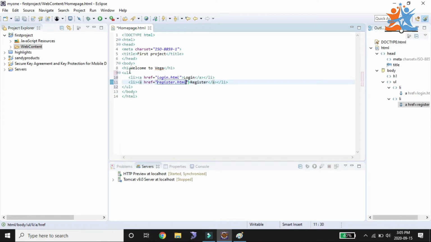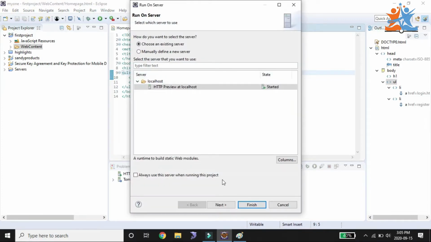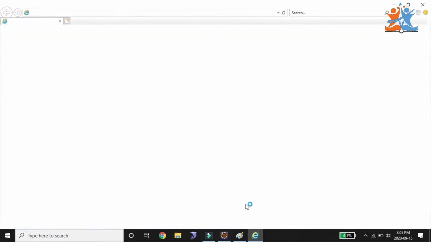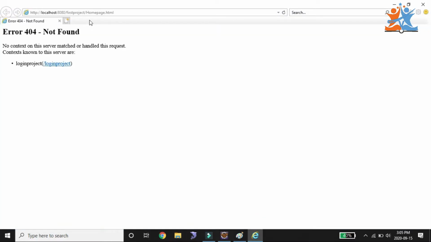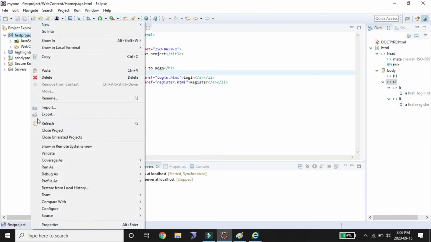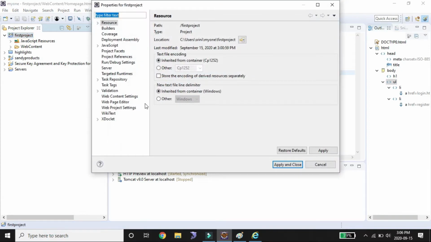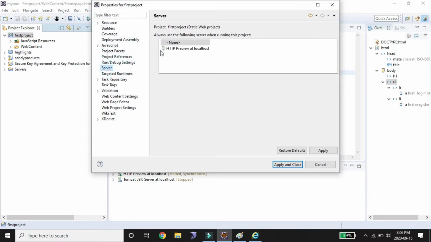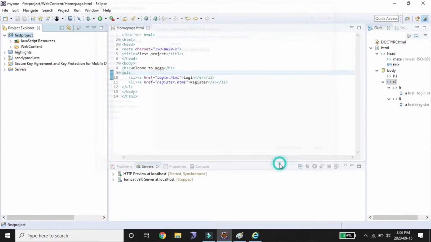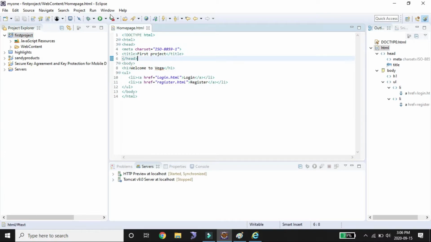So these are the things we created, but if I run it presently, how will we get it? Select preview, we will see first. I will save this and run my content. Click on finish. Sorry, we are getting an error: 404 not found. So right click on your project. We made some small mistake with the server. Select HTTP. Okay, fine. So we missed that, and now select, save and run.